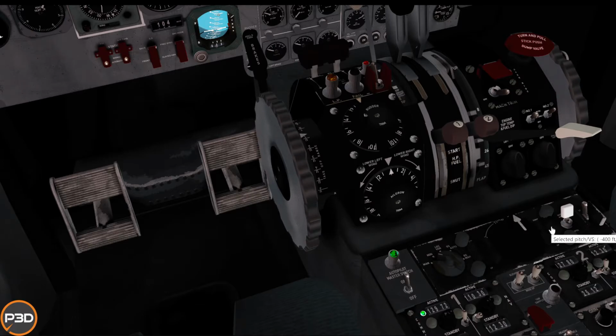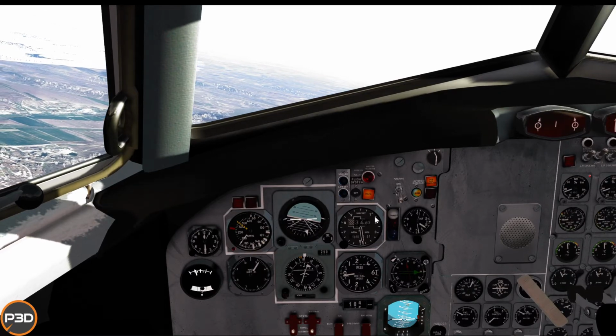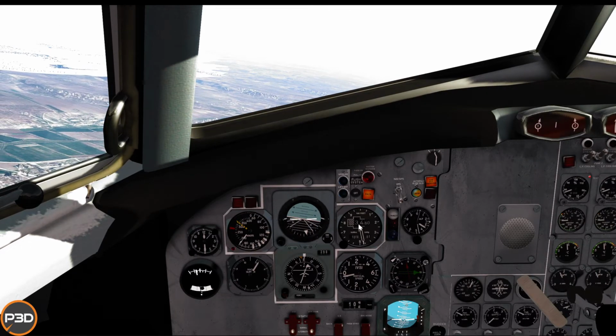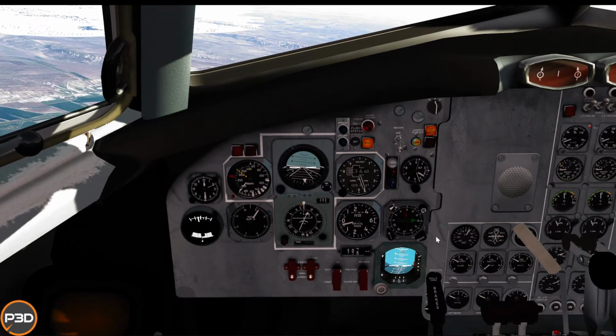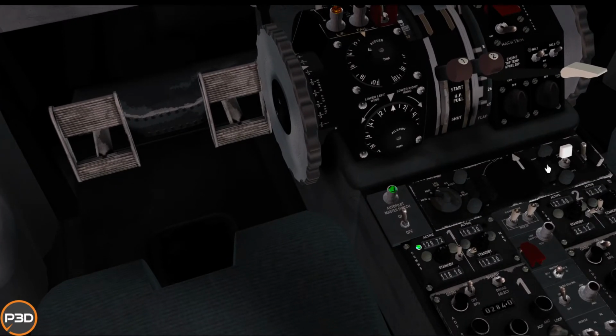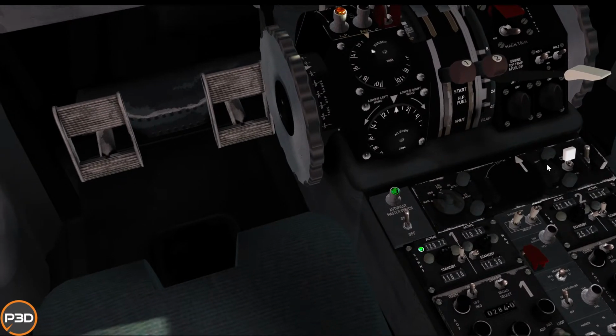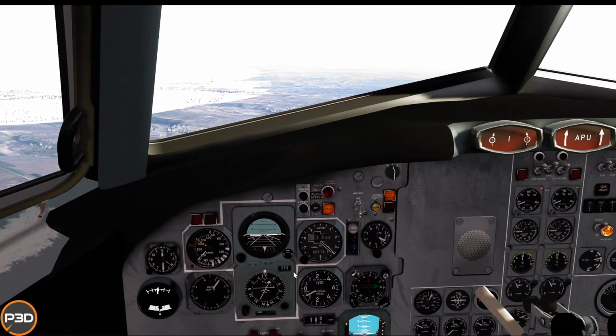So we are going to descend at 400 feet per minute. You get two of them and with a little bit of change. So 246, 700 feet per minute, I believe. I'm most likely wrong, but we